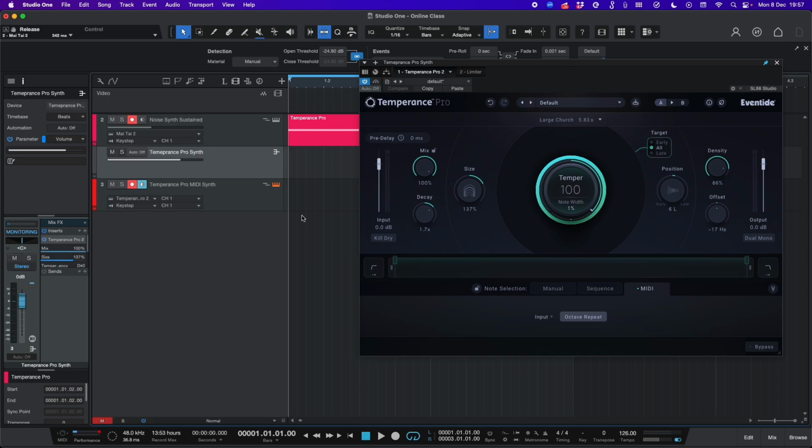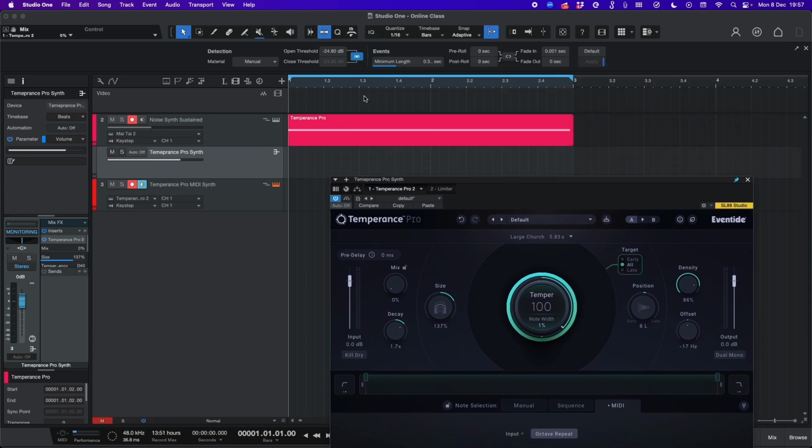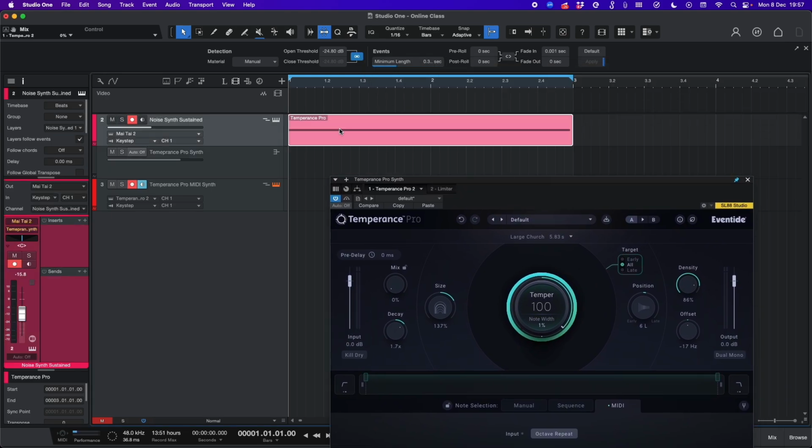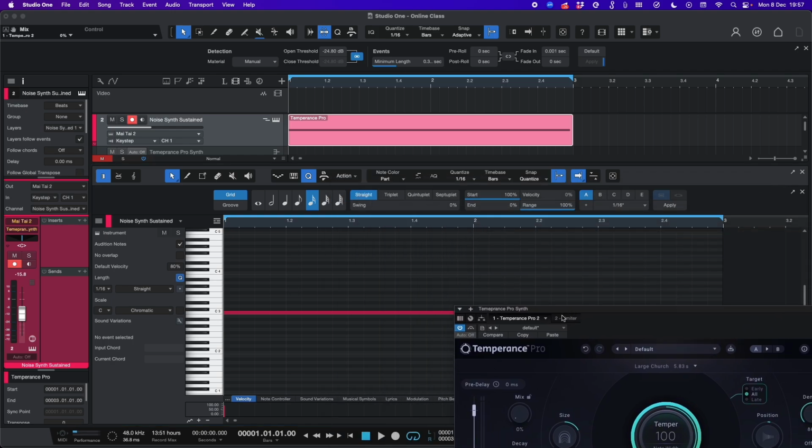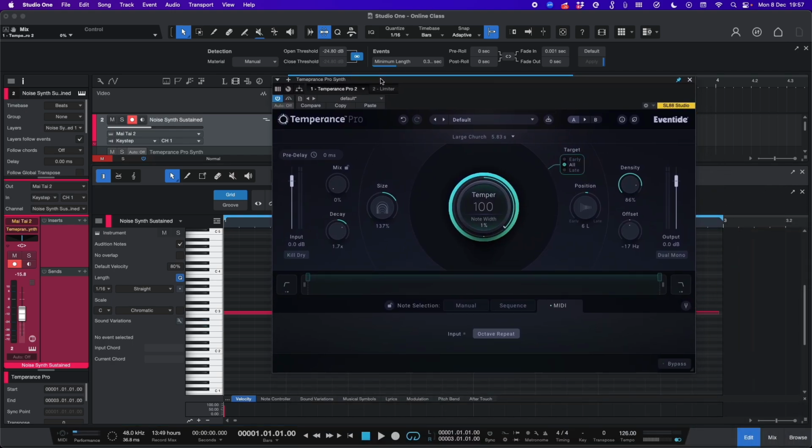We can turn it on, but we can turn the mix all the way down. Now, as I will play this track, Noise Synth Sustained, which consists only of one MIDI note which will trigger the noise,